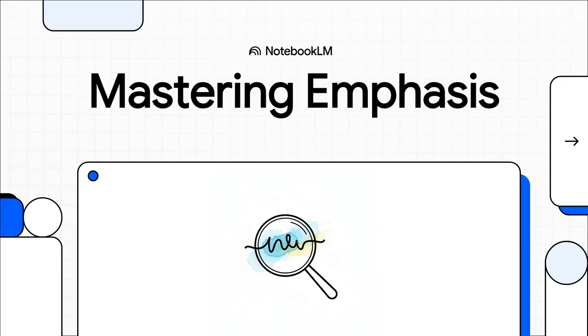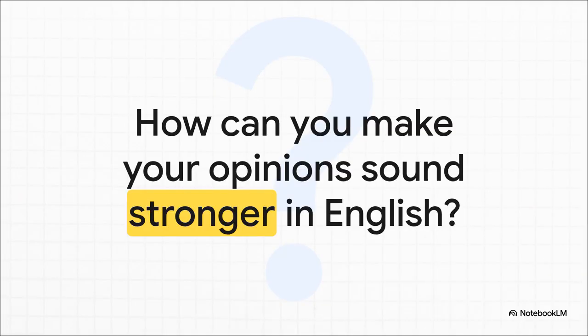Have you ever said something in English and it's perfectly correct, but you just feel like it's missing something? Like the punch isn't there? Well, today we're diving into a really powerful tool that'll make your opinions land with so much more impact and make sure people hear what you really want to say. It's a super common challenge, right? You have this strong opinion in your head, but when you say it out loud, it can sometimes feel a little flat. So the big question is, how do you add that extra emphasis, that oomph, to make people lean in and listen to the most important part of your message?